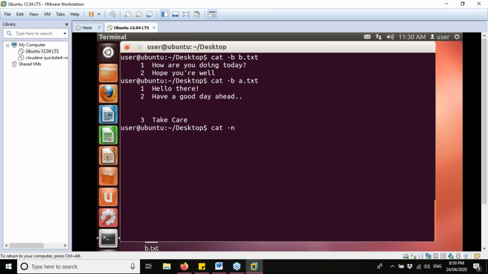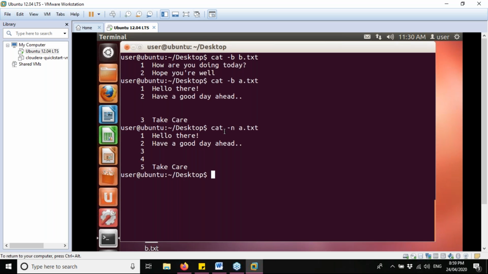Just to check it once again to be double sure, we would write here cat space hyphen n followed by the file name. So we would write here a.txt. Now see the difference here. It is very much evident that cat space minus b followed by a space and then the file name would fetch the results along with the number of the lines, but it will not number the lines which are blank.